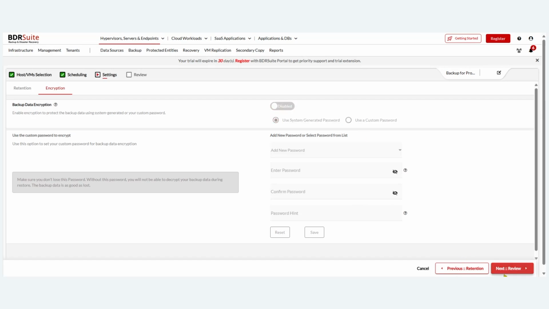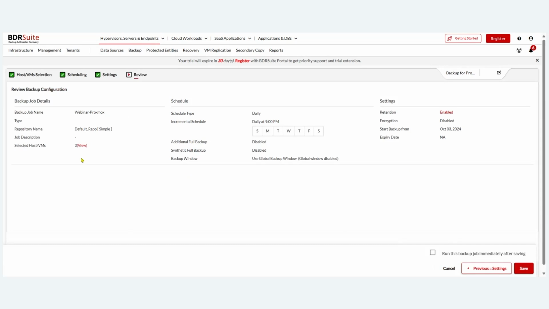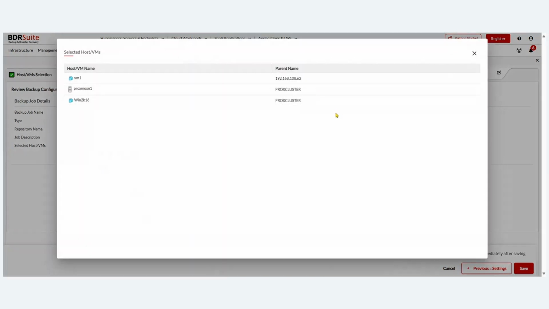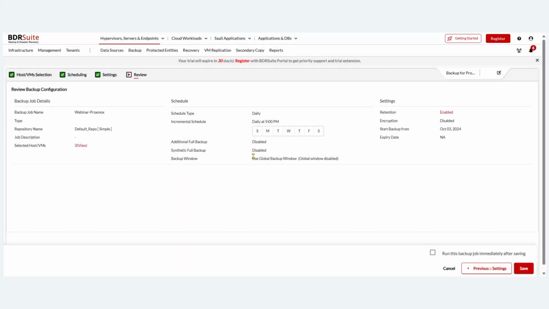So on the next page is your summary page. Here you can check all the details that you've given for configuration. All these have been listed here, much like a summary page. And if I want to run this backup job immediately, I can just run it using this option, selecting this checkbox and saving it. Otherwise, it will run at 9 p.m. sharp. So with this time, as I said, the initial backup will be a full backup followed by its